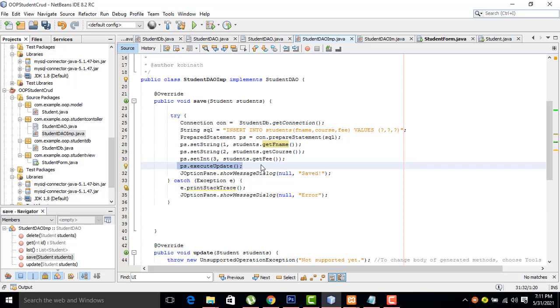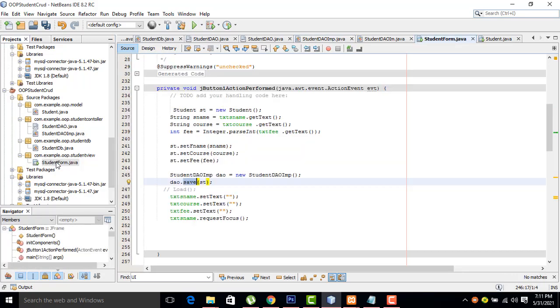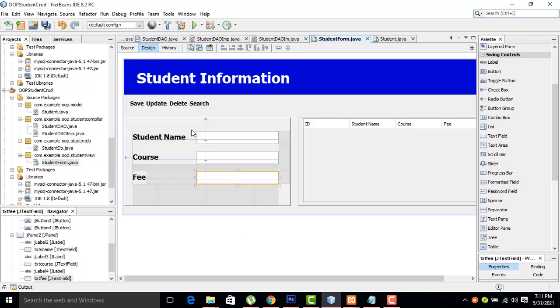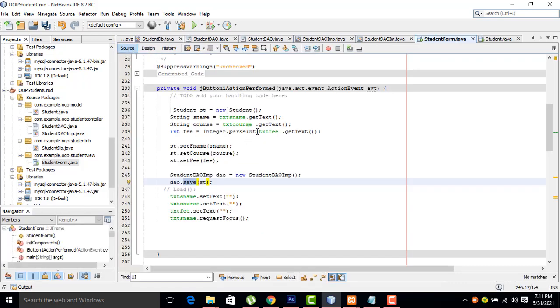When you type the data in these text boxes, first of all the data will be set into the relevant variables. We have created the model. This is a model. We created the model class object because all the data will be coming through the model, right? So in the model, we have set name, set course, and all these properties. We have set all the names over here. If you implement this DA, there will be the save method.